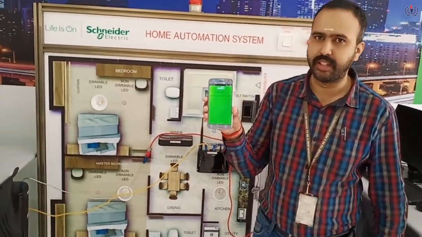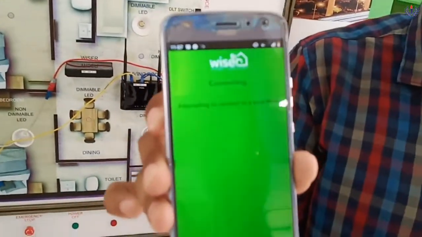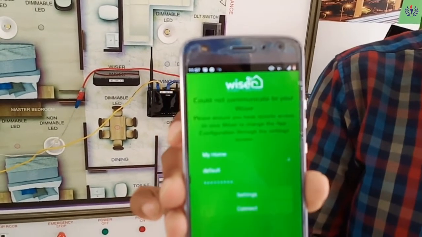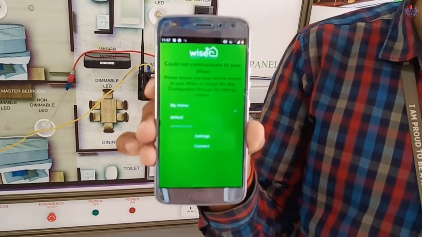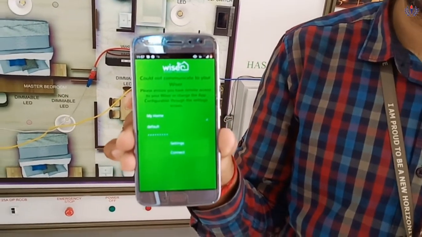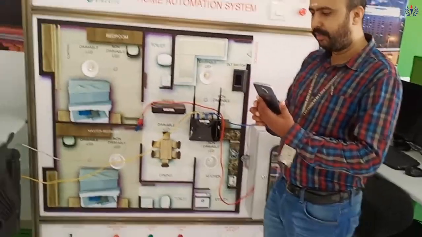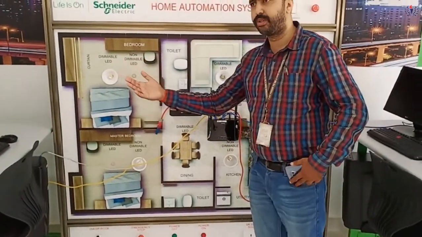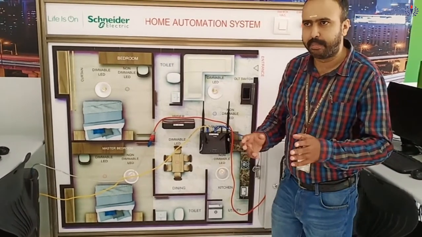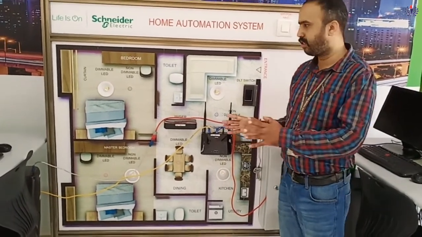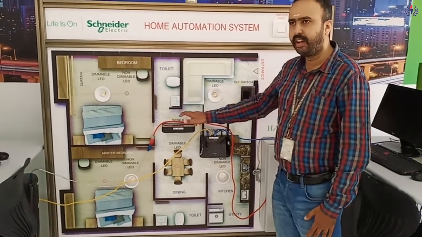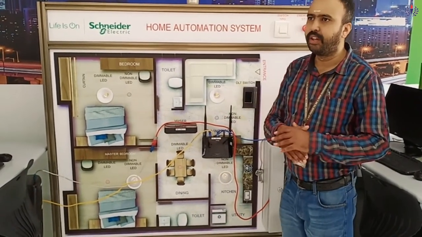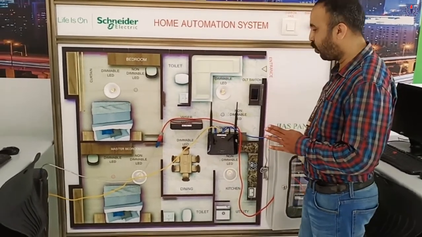Okay, so actually you can see the Visor app in this. Through this Visor mobile app, I can control my home. I think in many advertisements, for example the V-Guard geyser, you might have noticed you can switch things off by mobile. Similarly, I can switch off from my mobile, and also through the computer I can control. Okay, so once again I repeat, there are two ways you can control this home: by means of an application based on the Schneider Visor, and the second one is by means of the system, you can operate the home remotely.